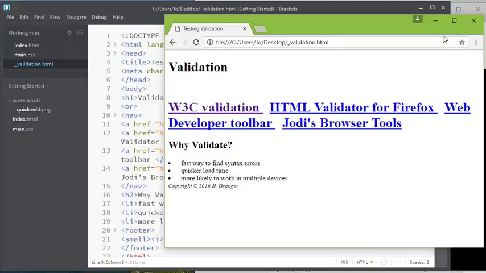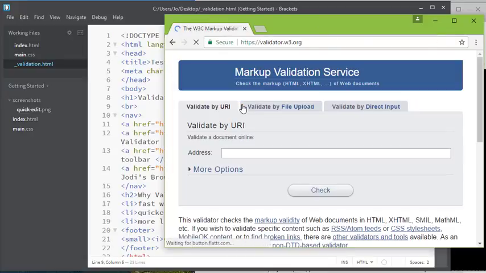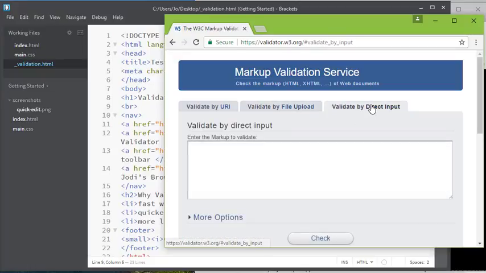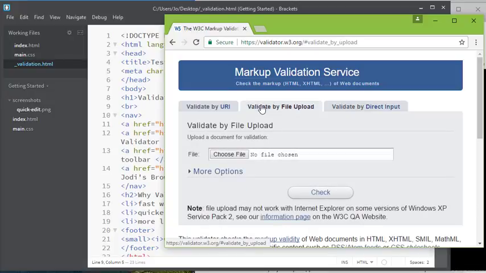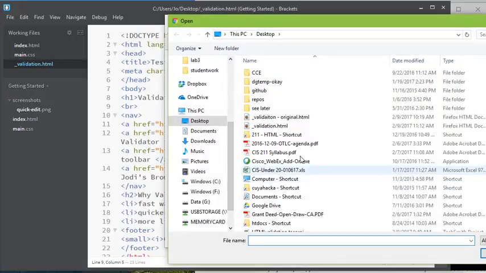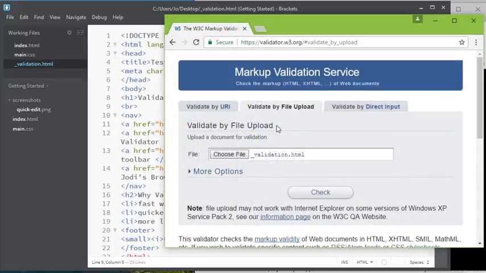What I can do is go to the W3C Markup Validation and notice that I can enter the URL, I can validate by file upload, or I can paste in code to validate. I'm going to do the file upload. And I'll go ahead and click check